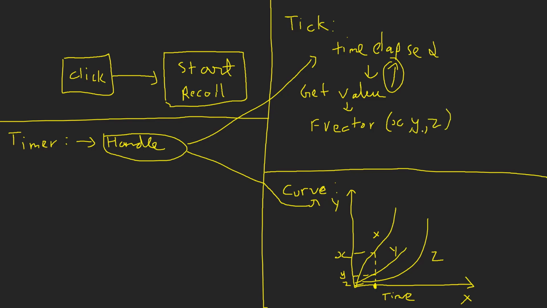So then what we will do is, at the start here in the start recoil function, before we actually start the timer, we'll be storing the control rotation of the player, and then once we have that, any time the player moves his mouse, we'll also be adding that to another variable. What that will allow us to do is find out how much the player himself moved the mouse, so that we can add the recoil on top of that.